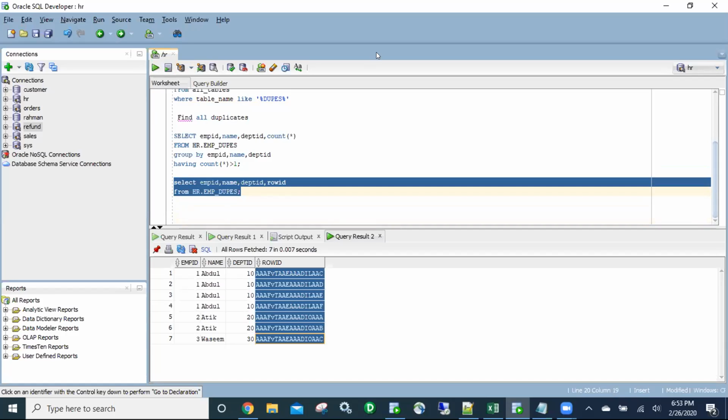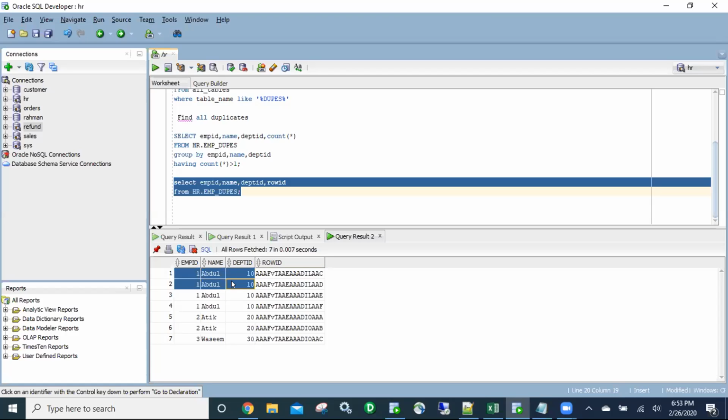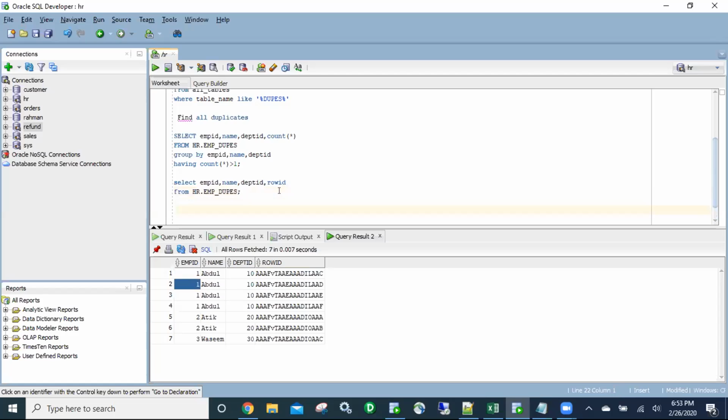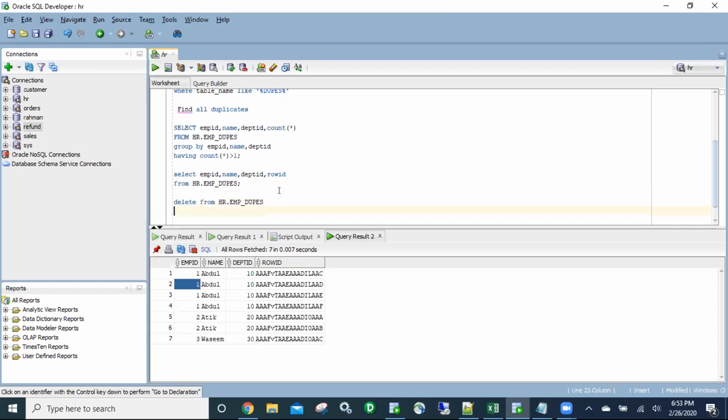Yes. Okay, these are hexadecimal addresses on the hard disk on the Oracle server. Now I'm able to differentiate between this row and this row using this address, right? So this is how I delete duplicates. I will say delete from table where row ID not in